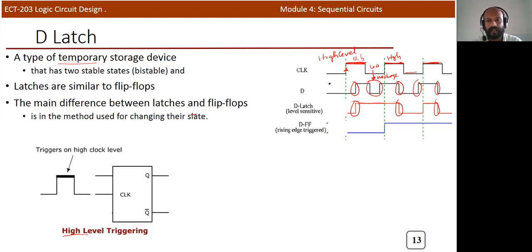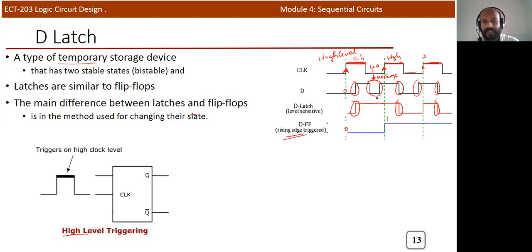A latch basically operates in this level triggered manner, and you can see the rising edge operation also in this particular waveform. If it is operating as an edge triggered D flip-flop, here it is a rising edge. During the rising edge, the input is equal to 0, so the output is 0. It will continue like this, and it will not bother about the changes on the input side up to the next rising edge. So this is the next rising edge. During the next rising edge, the input is high, so the output is high, and it will continue like this, because at the third rising edge, again the input is high, so it will maintain that particular state.